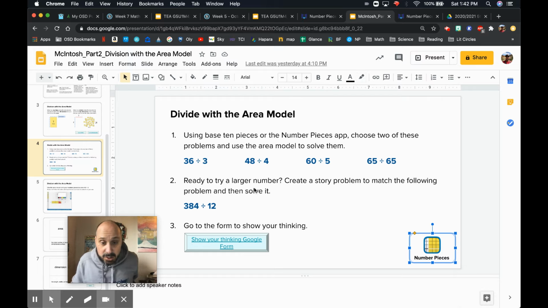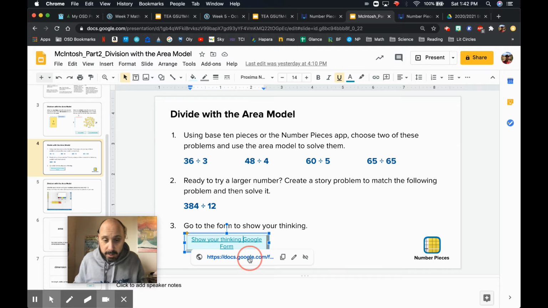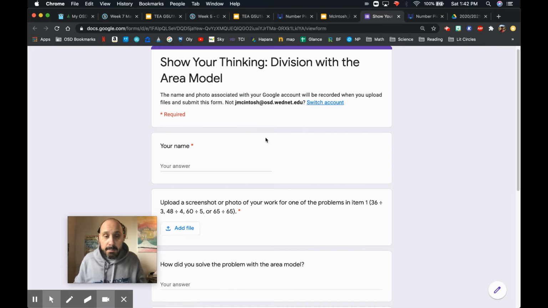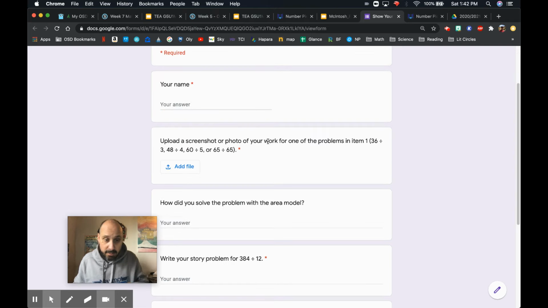And then it says, ready to try a larger number, create a story problem to match the following problem and then solve it. So 384 divided by 12. When you click into this Google form here, all of these problems you can answer right in here. So